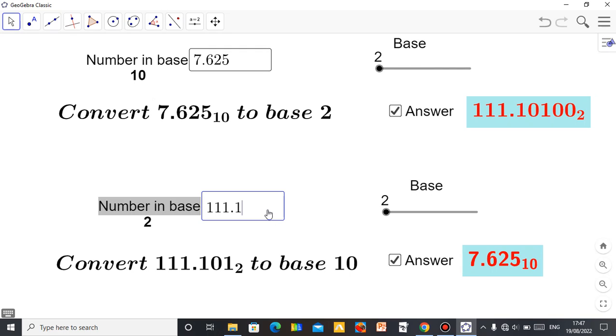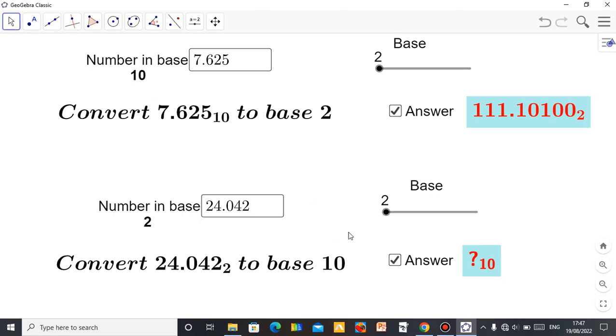Input the number you wish to change, decimal numbers, whole numbers, any one can work for you. I have 24.042. Okay, let's say this is a number. Let's say the number is in base 5. Just move the slider to base 5. So you have changed it to base 10. So it's